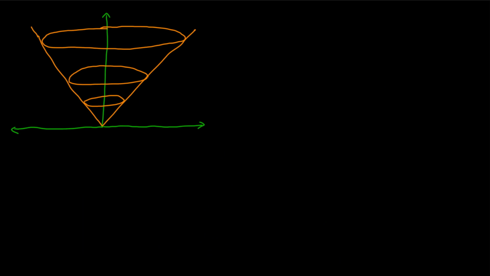Of course, we can do the same thing with rotating a function around the y-axis. In this case, though, we would be looking at the value of the x-coordinate as the radius of each circle, and we would be integrating along the length of the solid from y equals a to y equals b. So if this function was y equals 2x, we would want to rewrite it as x equals y on 2,